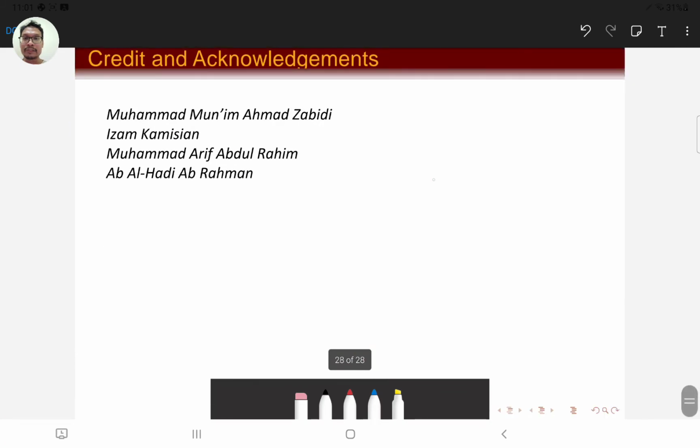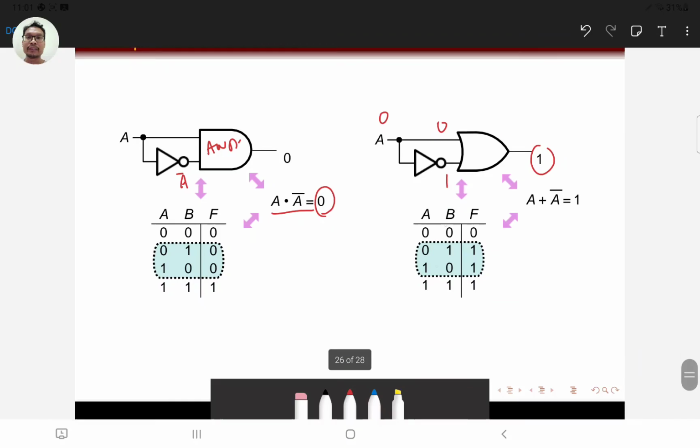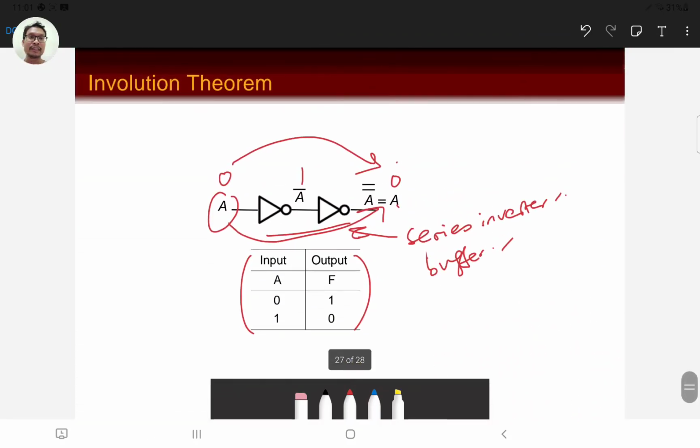So that's it for our lecture topic for this week, and we'll cover more on Boolean algebra in our next